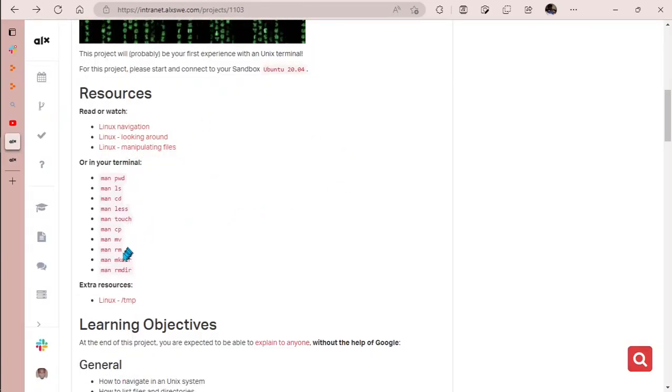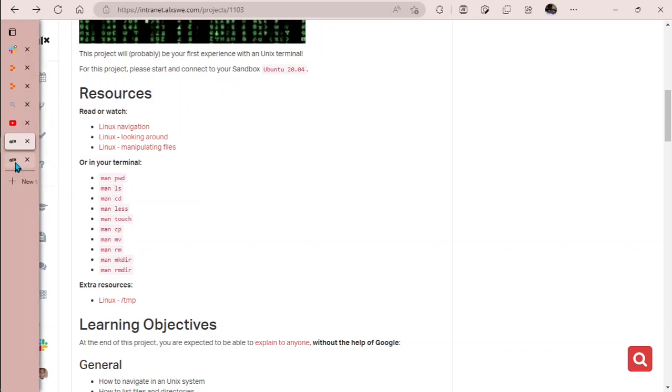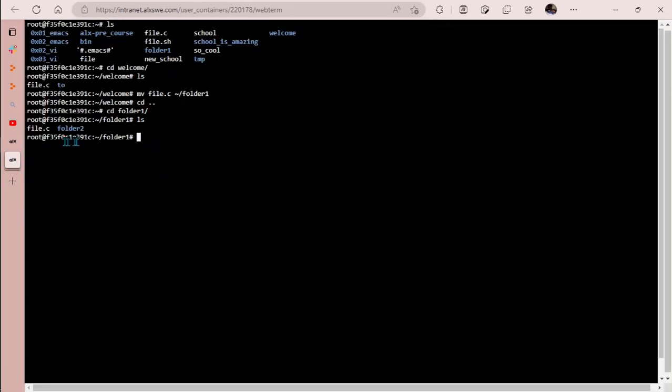The next thing here is called rm. Rm simply means remove. Probably I don't want this folder again. I will simply cd .. to go back, then I'll do rm folder 1. I want to remove folder 1. Enter. But it's not going to remove. Why? Because it says cannot remove folder 1, it is a directory. Rm is used to remove files, while